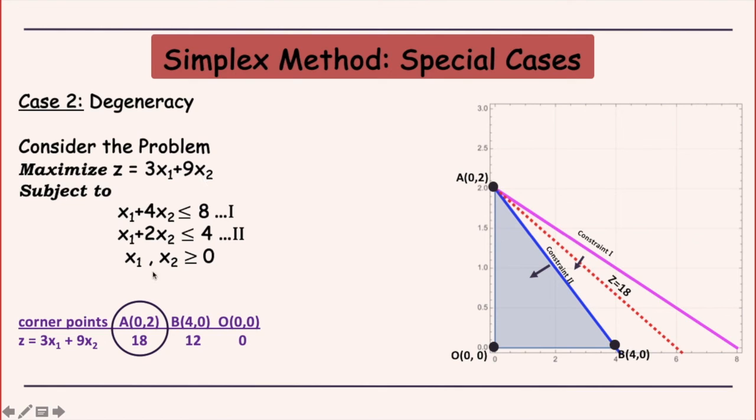Okay, so again I have taken a 2-variable problem because we can then draw it graphically. The first constraint is given by this magenta line, so it is below this line, and for the second constraint also it is below. So this blue shaded region is the feasible region. Now if you see the corners, you have these 3 corners, A which is (0, 2), B (4, 0), and then the origin. And if we check the values of the objective function, it is the maximum at A, which is 18. Okay, so you can easily tell that this point A is your optimal feasible solution, and the value of the objective function is 18.